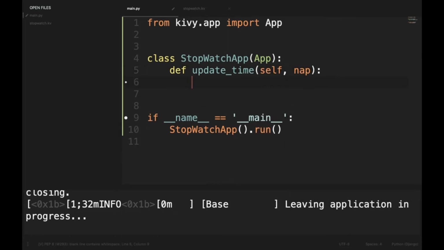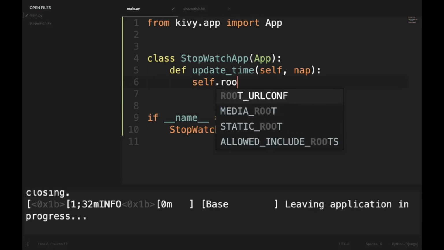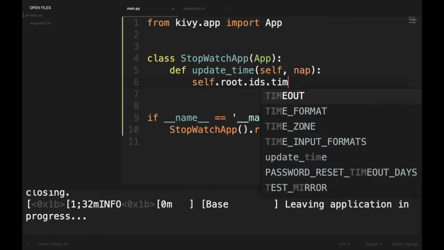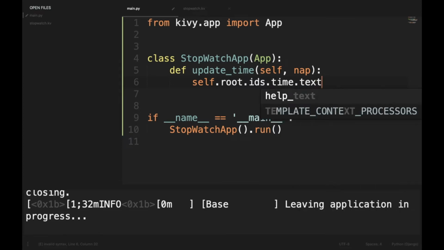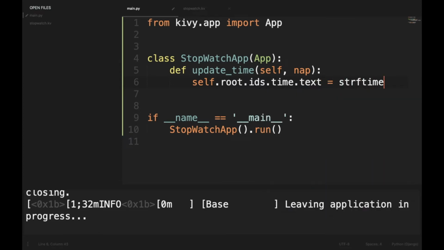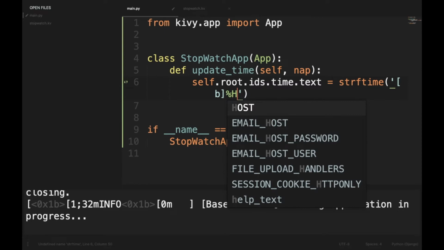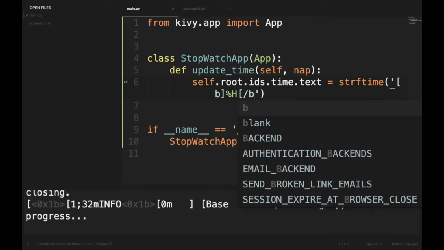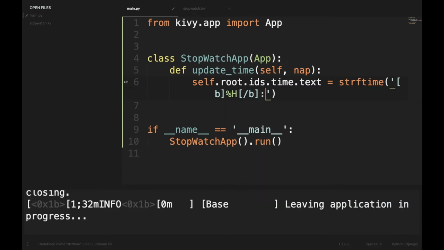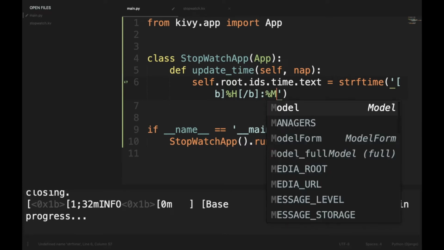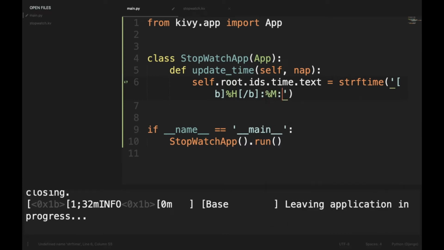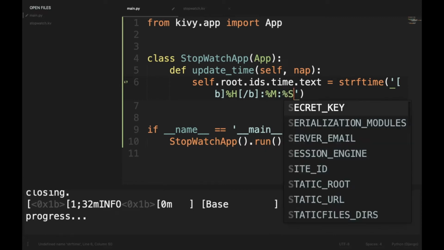In here we will set self.root.ids.time.text equal to strftime, and in strftime we will use the bold markup, then the %H, then close the bold markup, and then we'll be using the minutes, and finally the seconds.